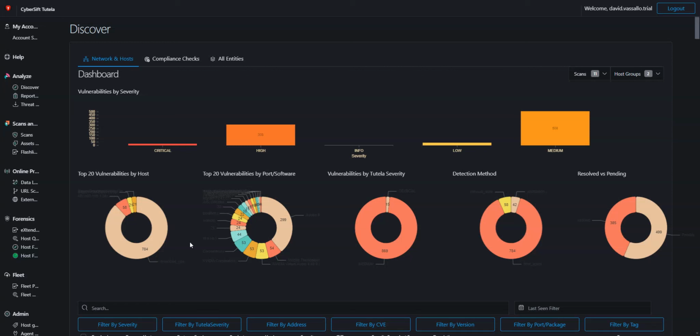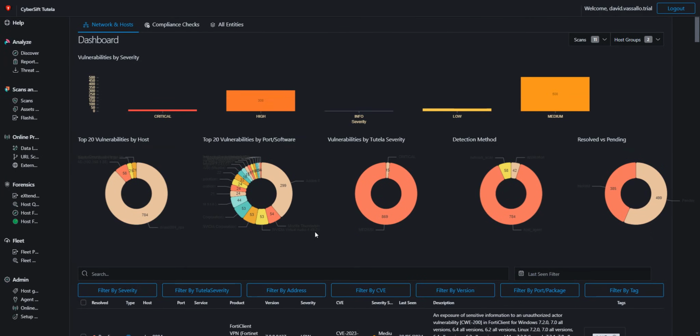Okay, so in this video we're going to go through the Discover tab, which is the main point of interaction when you are looking at vulnerabilities that have been detected across your infrastructure. So first is the layout of the screen. Up here we have vulnerabilities detected by severity. Now, this graph is showing you CVE severity, not tutela severity,